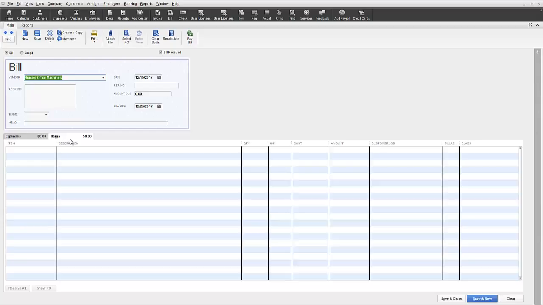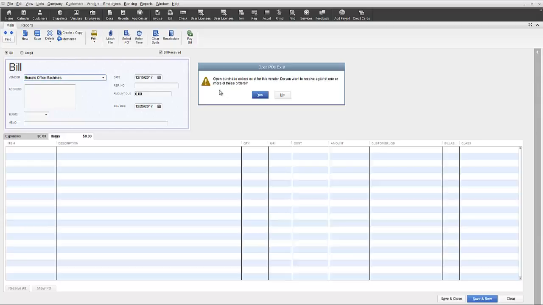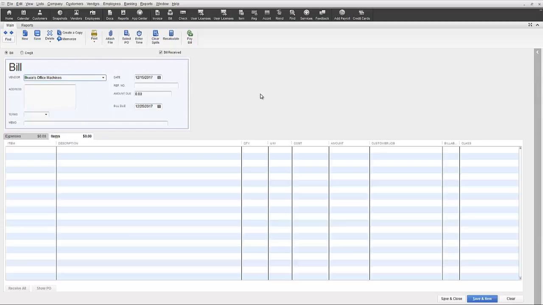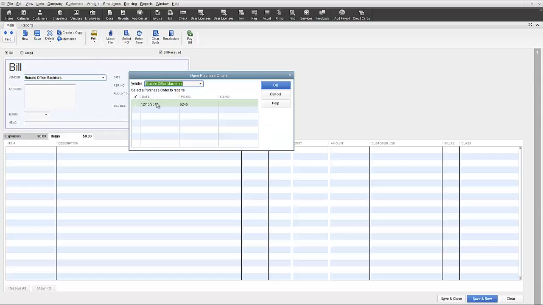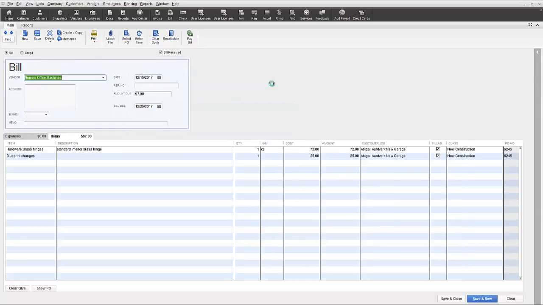But in either case, when you select the vendor that you want to receive your items against, you will be prompted to receive against any purchase orders open for the vendor selected, as represented in this pop-up window. By clicking Yes to this window, you will be shown whatever open purchase orders exist, and then you can select one or more open purchase orders you would like to receive against. I'm just going to select the most recent one I created here, and once selected, I'm going to say OK, and then notice the information I created in the purchase order automatically populates the body of the Enter Bills window